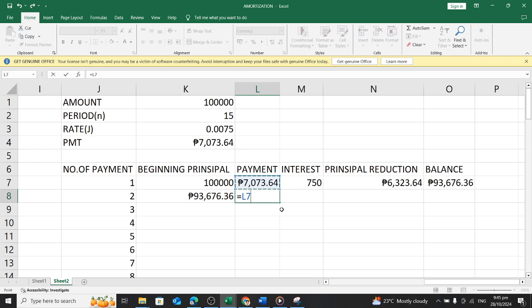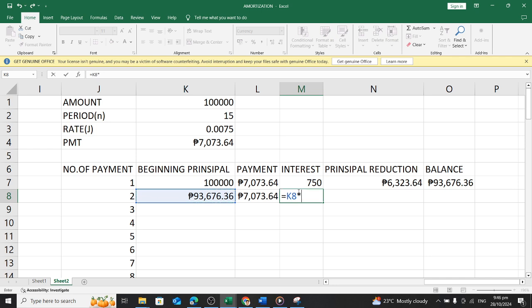It is always constant. 7,073.64. Now, what about our interest? Again, to get our interest, you press equals, then click our new beginning principal, press Shift 8 to get